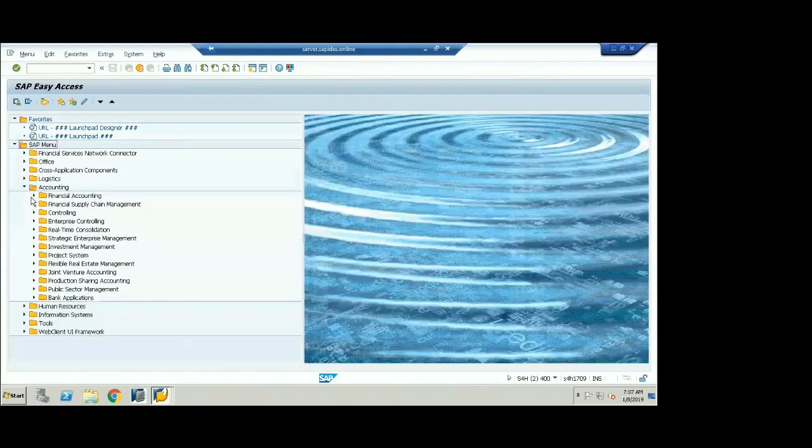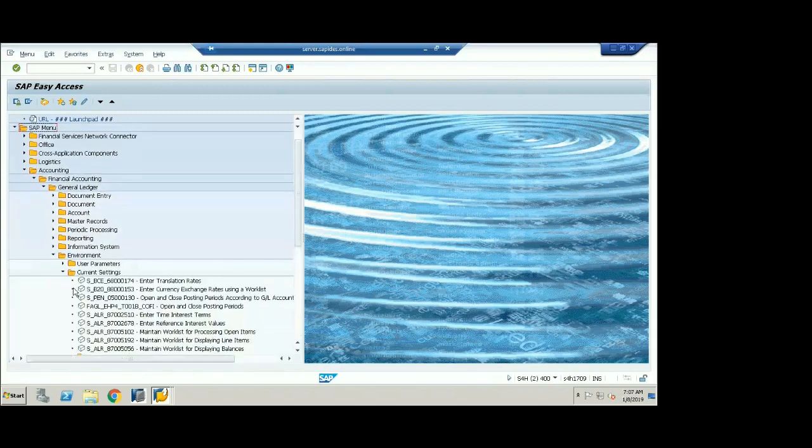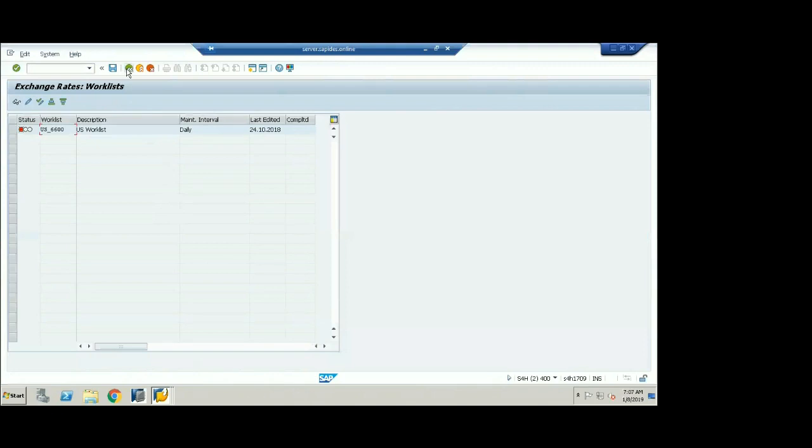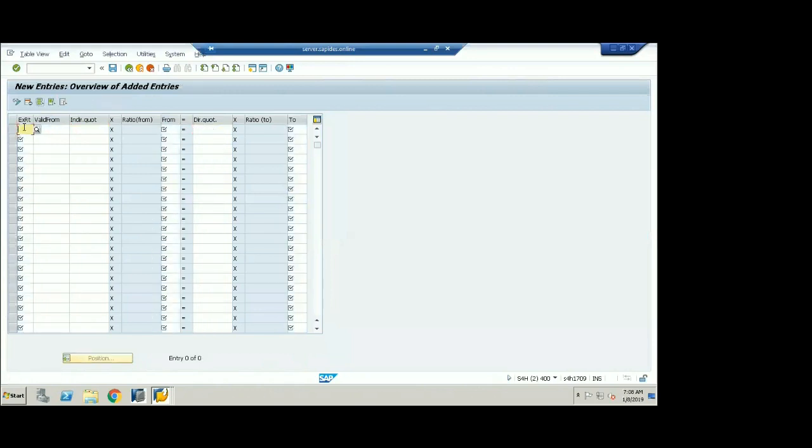If I go into financial accounting, there is the conversion rate between 1 euro and how many INR. So what is the rate I maintained? Today, for example, I'm taking the bank average rate, dated 07/01/2019, USD to INR.